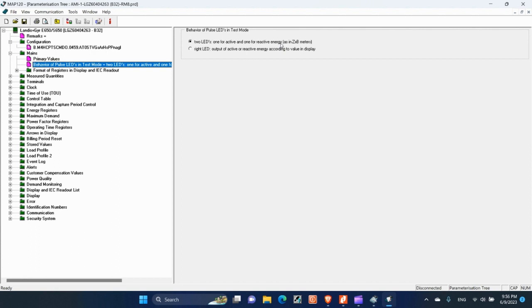It's okay. Now I'm not going to change anything over here. If you want to change it, you can select the second option. As per the statement, it will be configured based on the statement, and this is done. The next will be